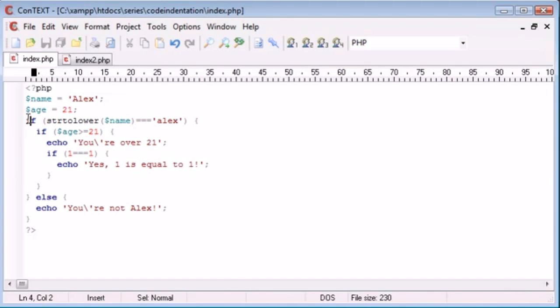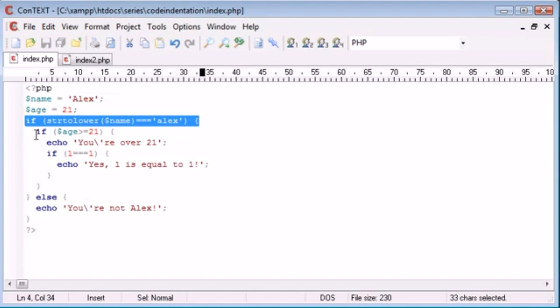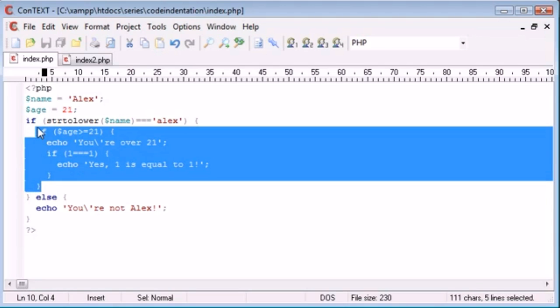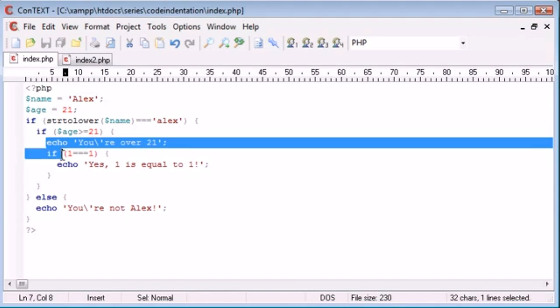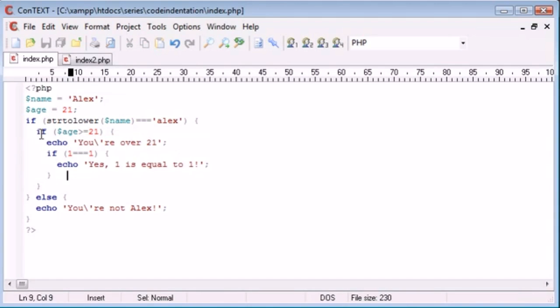Okay, so everything by default starts without being indented. We've made the first if statement. So the block I can already tell is just from the start of this if down to here. So this is the start of the block and this is the end of the block here. And this is the start of the top block and this is the end, and then we say else. So inside of this block here where we're saying is age greater than or equal to 21, this is inside. And we can automatically tell that because we've got straight down here, straight down here, and straight down here. And then we've indented just the echo inside of here. So you can